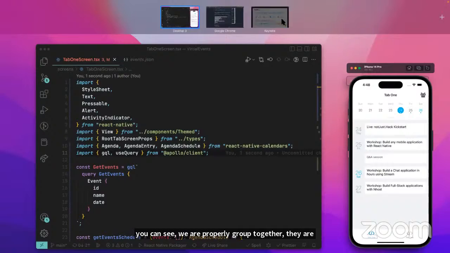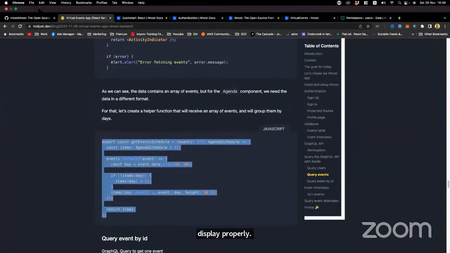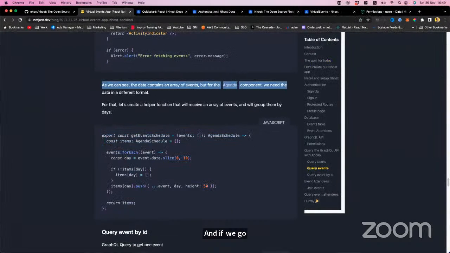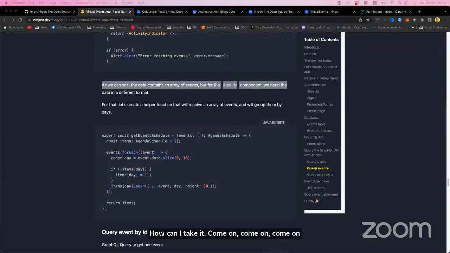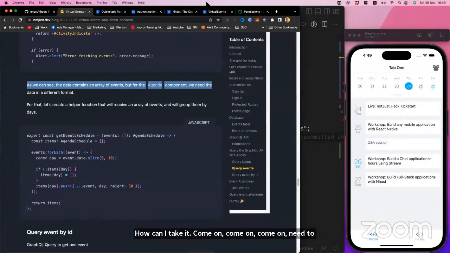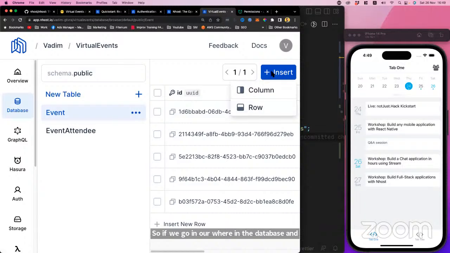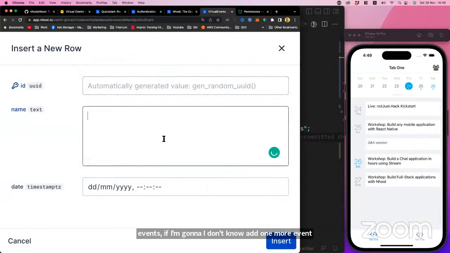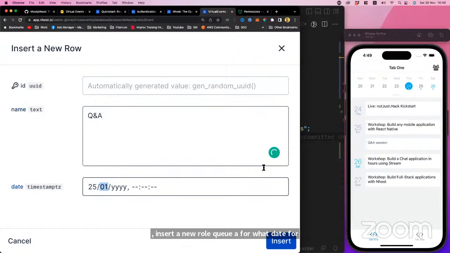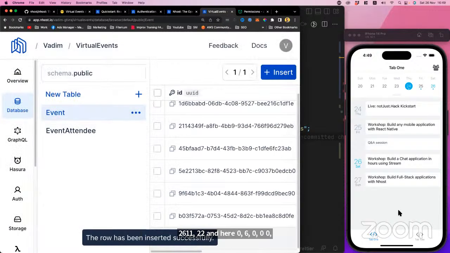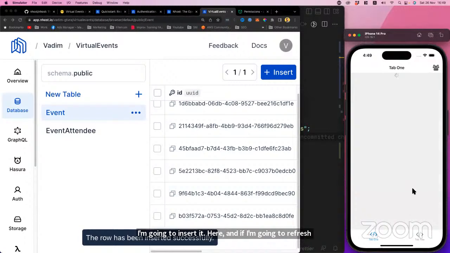And if we go in the database and in the events, if I'm going to add one more event, insert a new row, Q and A, for what date? For 26, right? 26/11, 2022. And here 06/00/00. If I insert it here, and if I refresh my application, then right away I will see